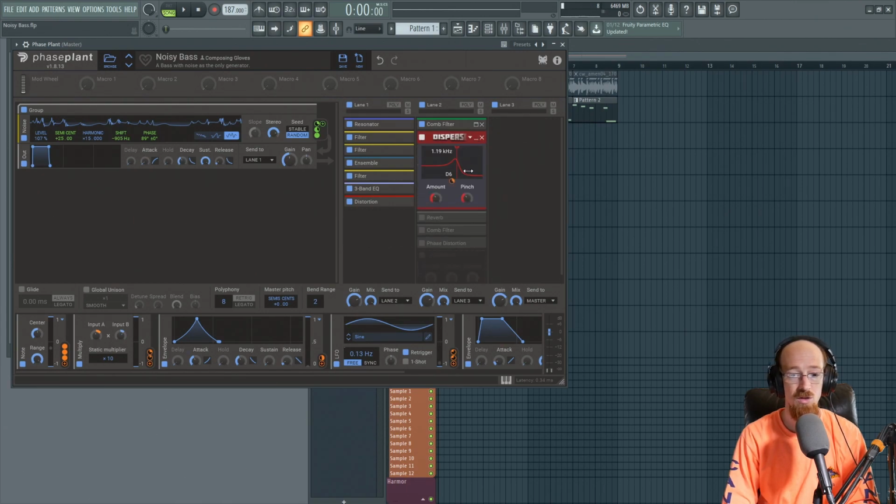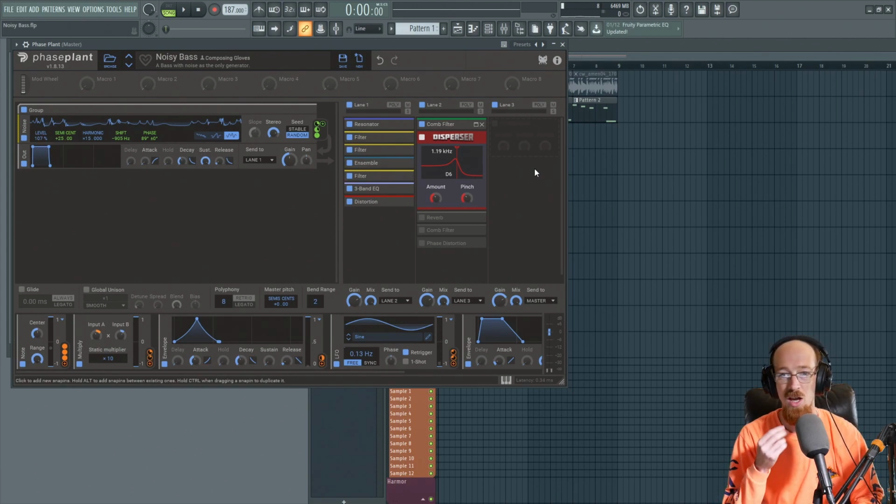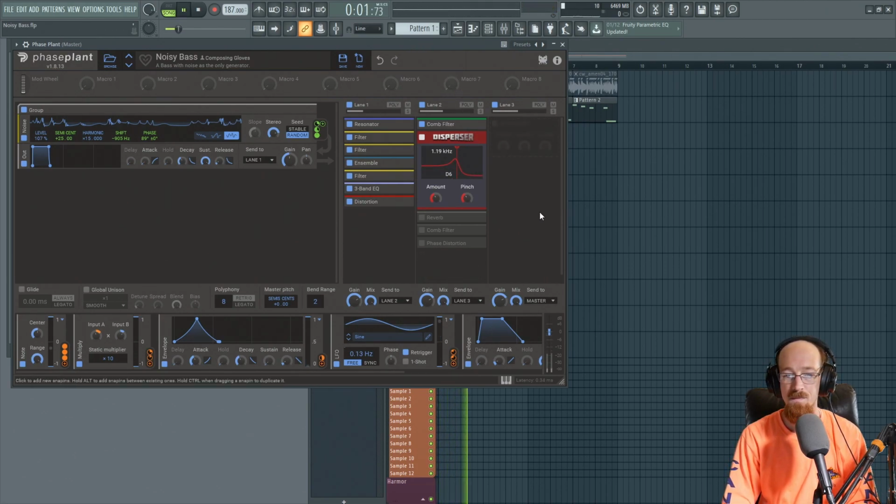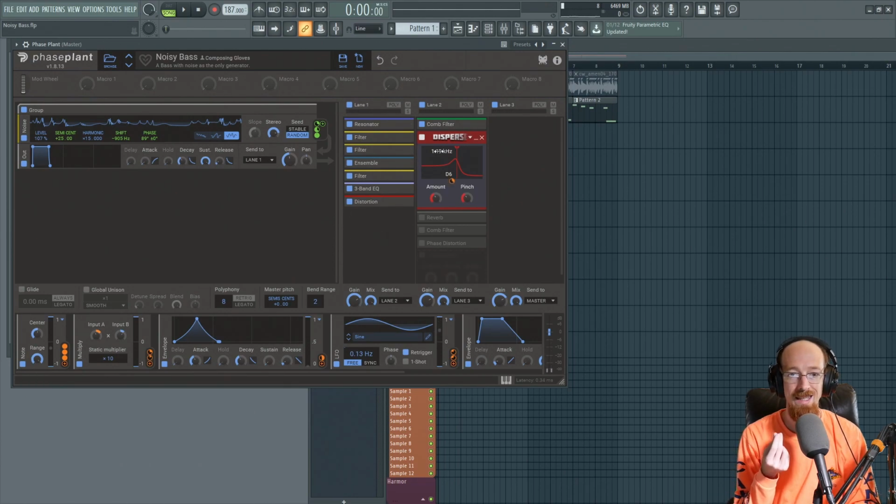Up next, we have Disperser. Disperser is a weird thing. Half the time I'm grabbing it is because it has this smearing property. If we lose this, versus, you can hear it sounds sort of blingy a little bit, but also sounds quite a bit tighter. And Disperser is just a really interesting one. You're going to want to mess with the pinch and with the amount, and moving this around can do some